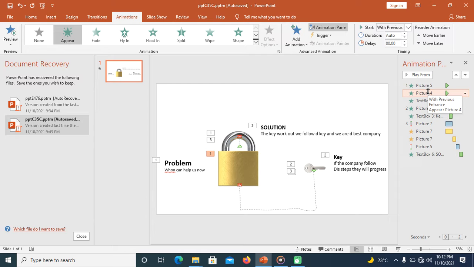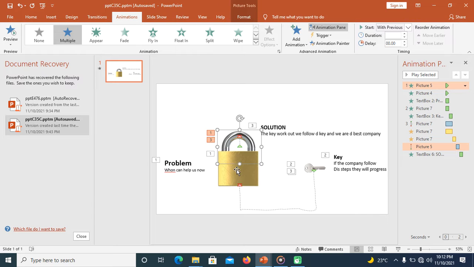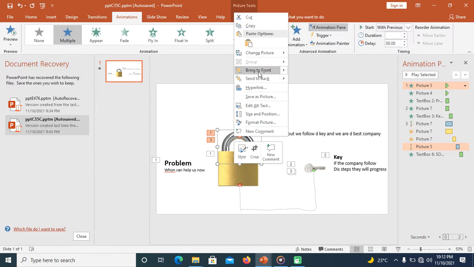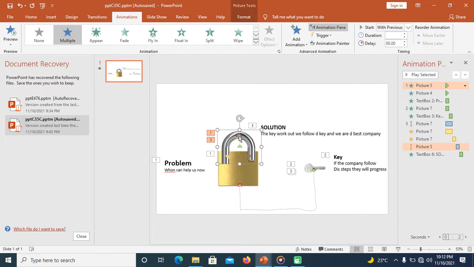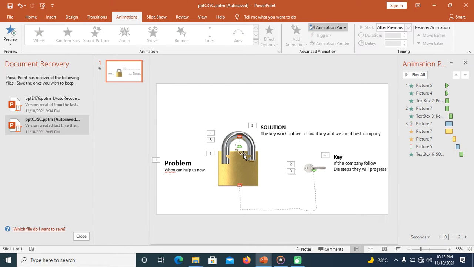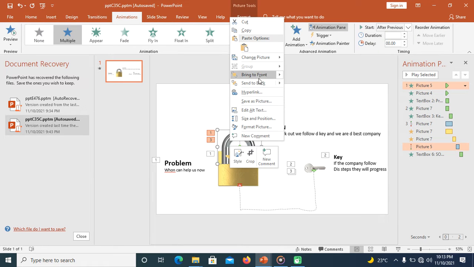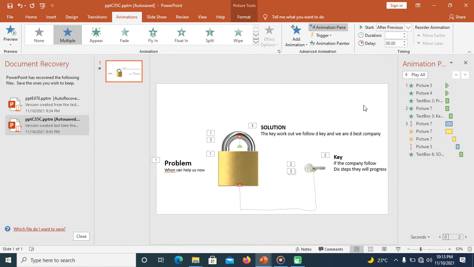Note this guy, from the first tutorial, is a separate image. This guy is also a separate image. We cropped it, so don't be asking why I'm telling you that they will come together. This guy is a separate image. If you want to know that it's a separate image, let me show you. Send to front, you can see. Now let's just send to back. Let us not scatter our editing. Send to back. So we are back at our end.